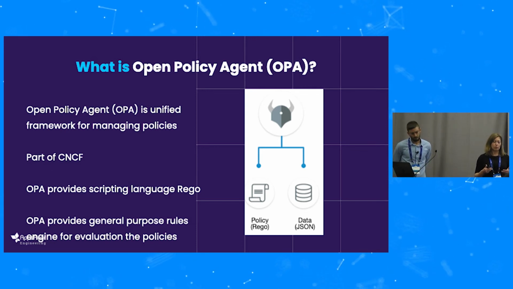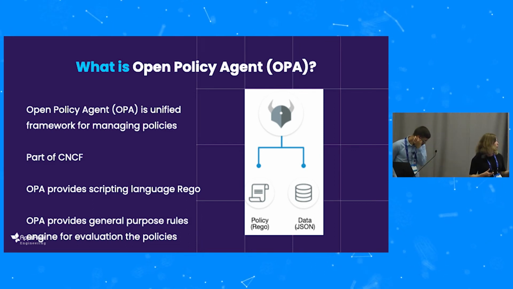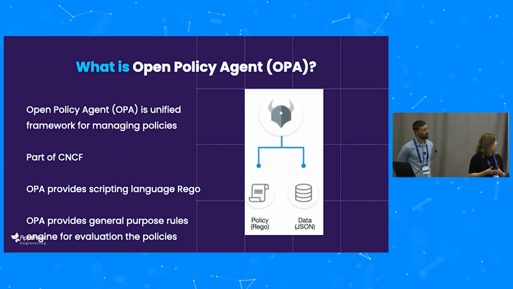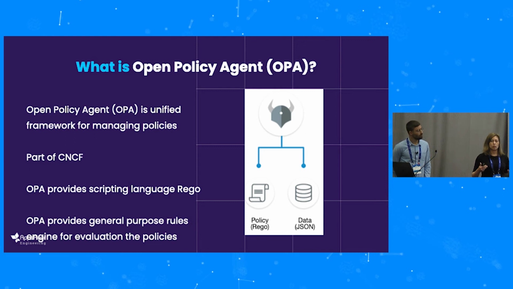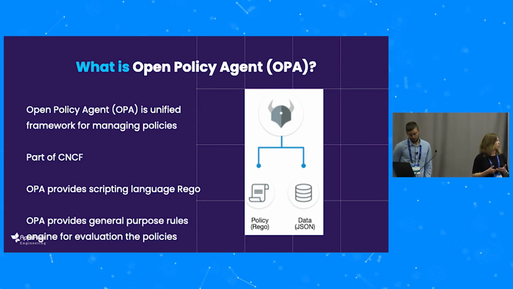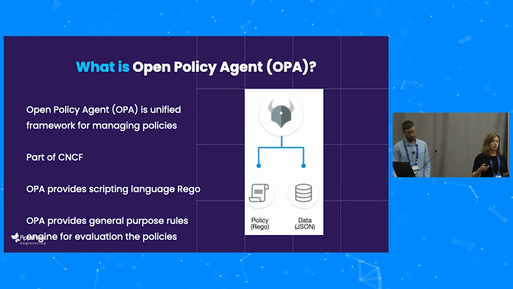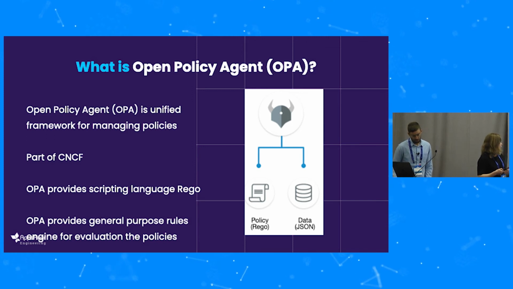But when you do this for authorization, there are two components to OPA. One is the policies, which are written in Rego, and another one is data. For authorization, the data will include the predefined definition of the permissions. Based on the definition of the permissions and the policies, OPA will evaluate the authorization rules.